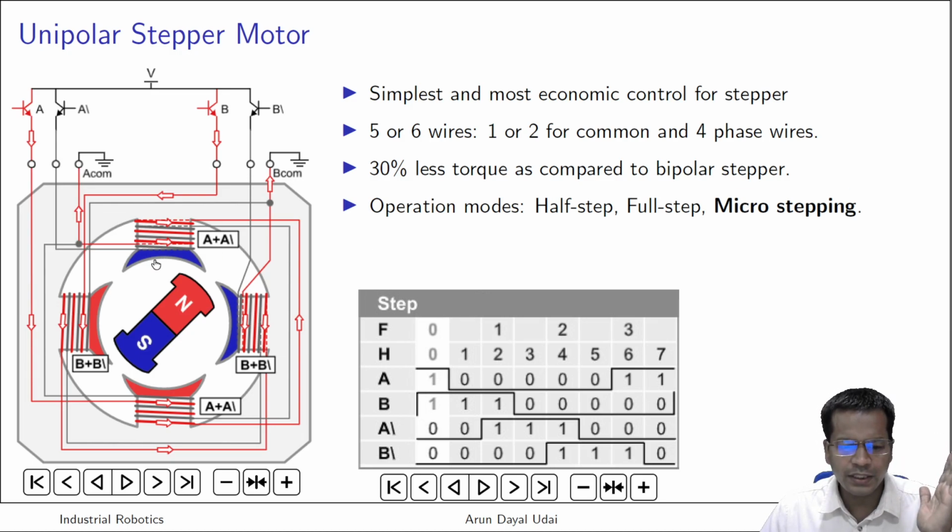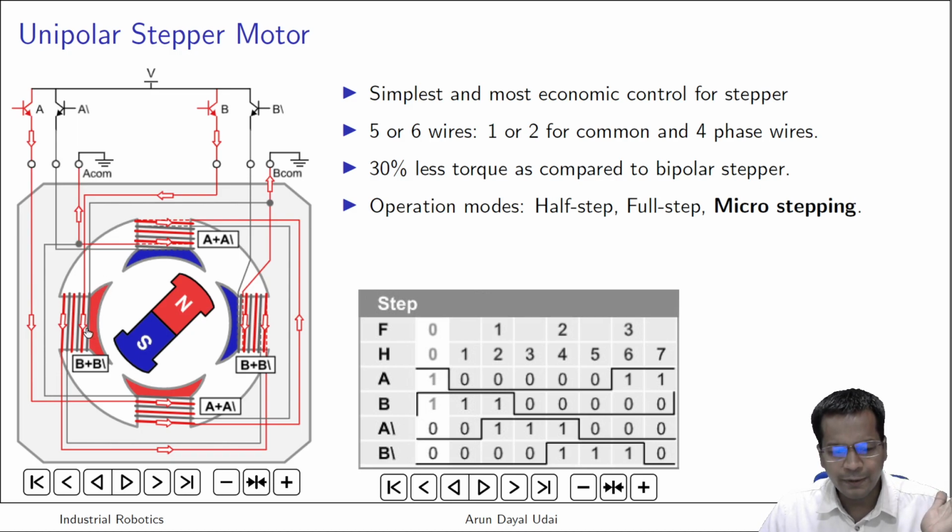What you have done here, you have shifted the pole from this to this to this to this and so forth. That is how you made it run. You can gradually shift the pole. You can control the current so that your pole shifts from this to this. The resultant pole shifts. This is high, this is low.